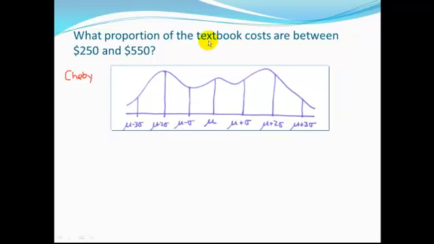Now, in this problem, we know the value of mu is 400. If we go one standard deviation above the mean, we know that one standard deviation above is 475. We know two standard deviations above is 550, and we know three standard deviations above,